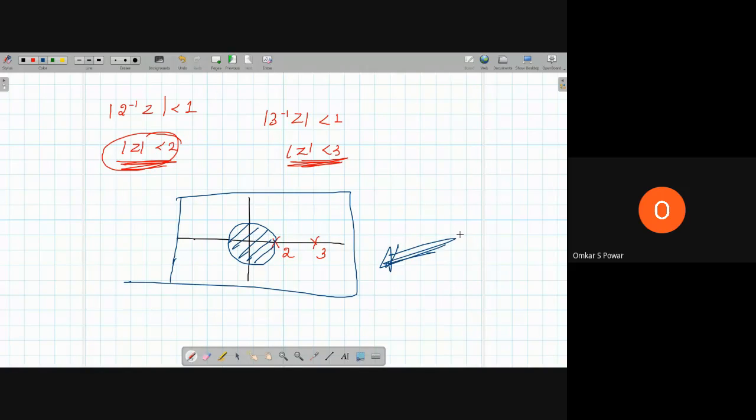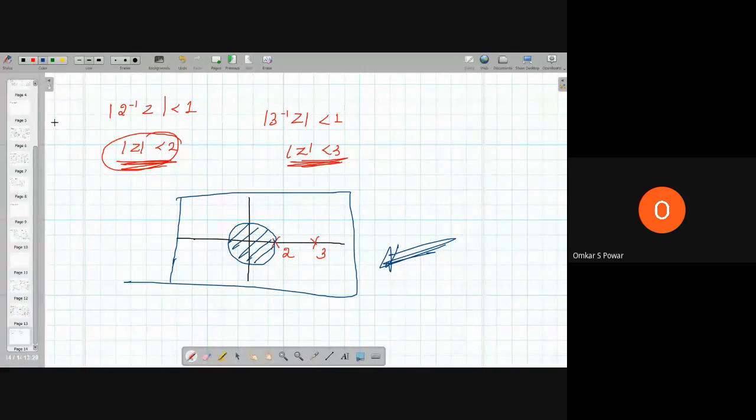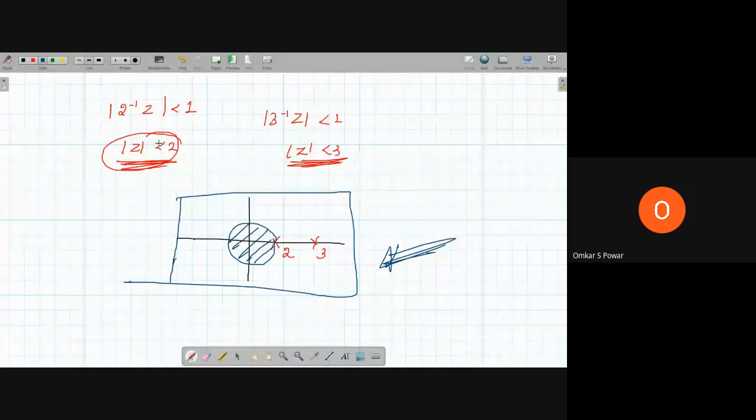Okay guys, I think it's time. I think you all have a break and then do whatever you want. So we have solved a good number of problems in this z transform. In the next class we will continue with these problems, and